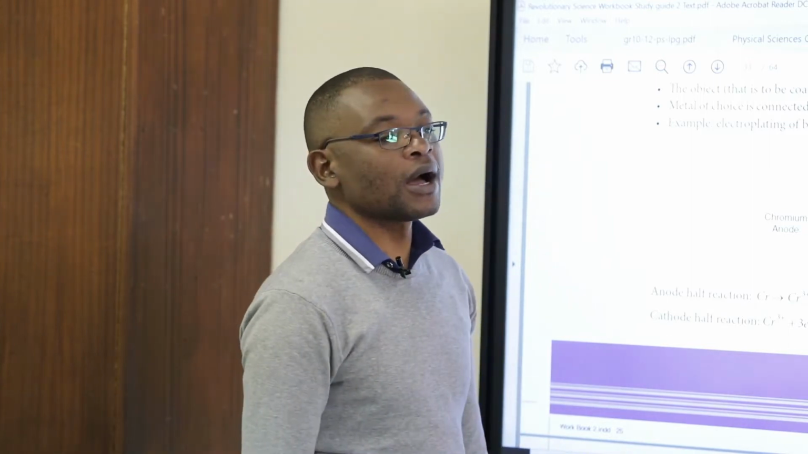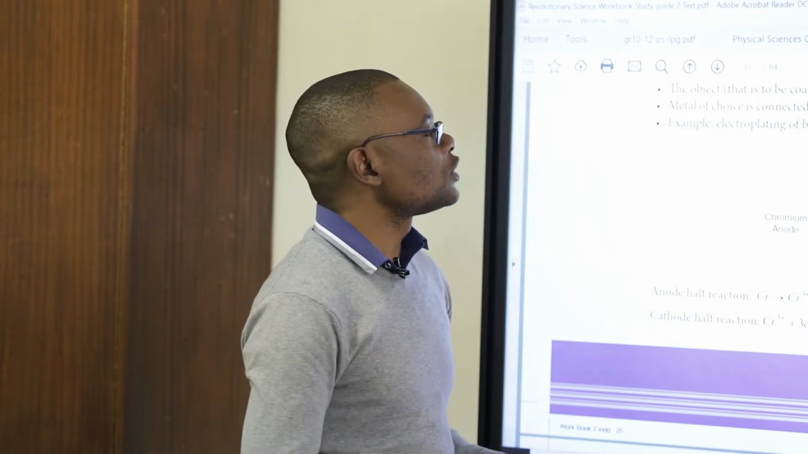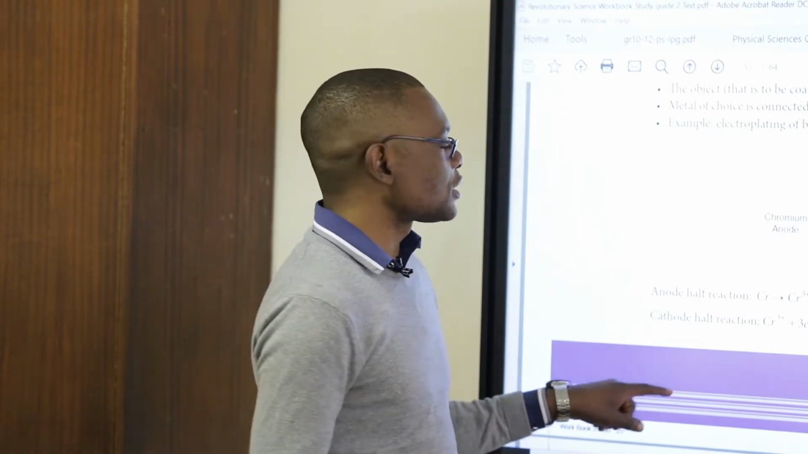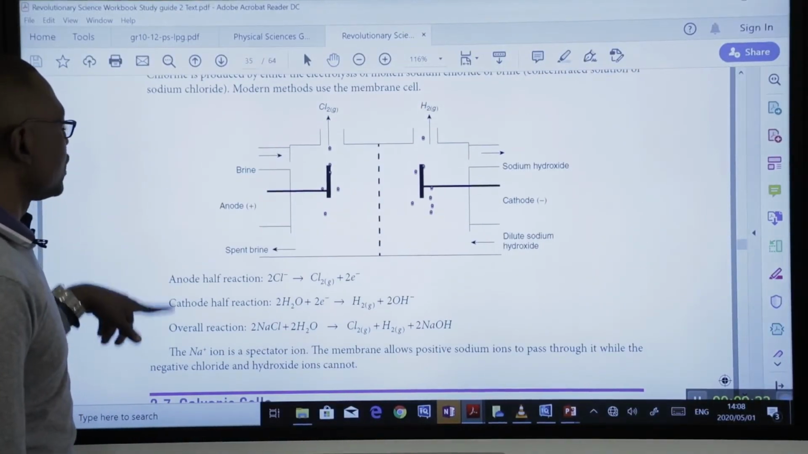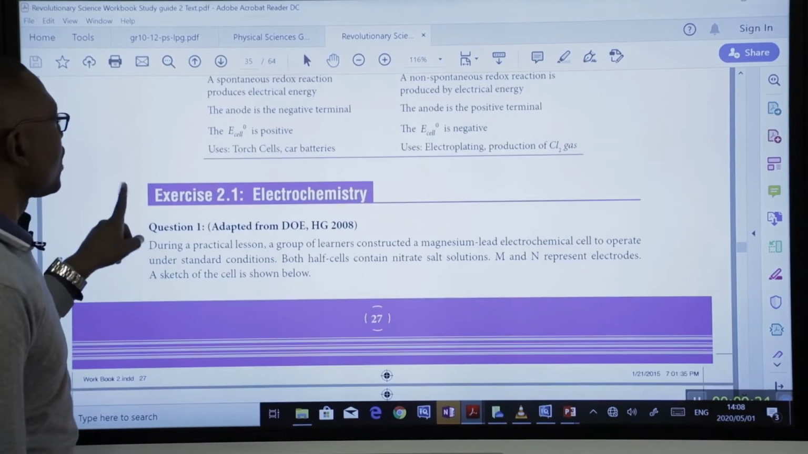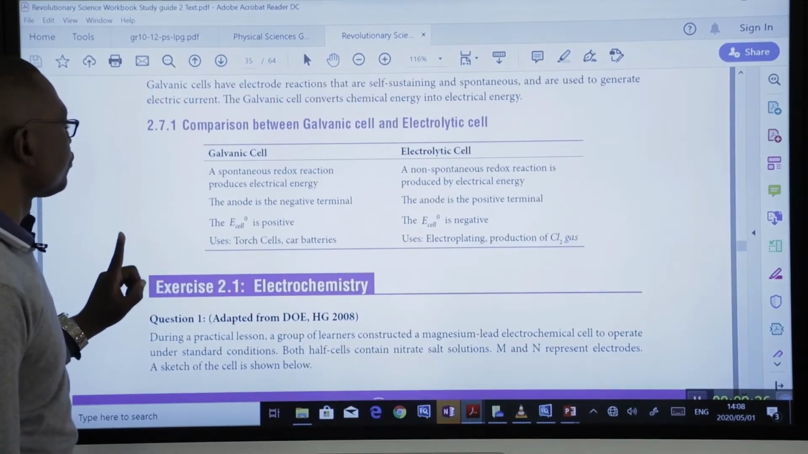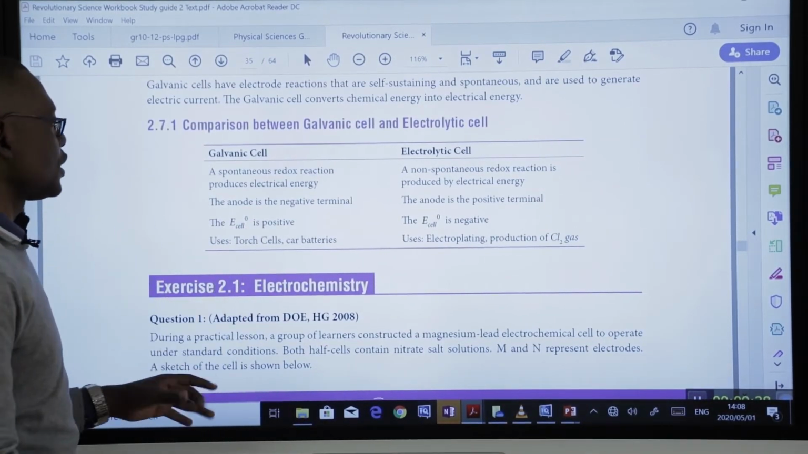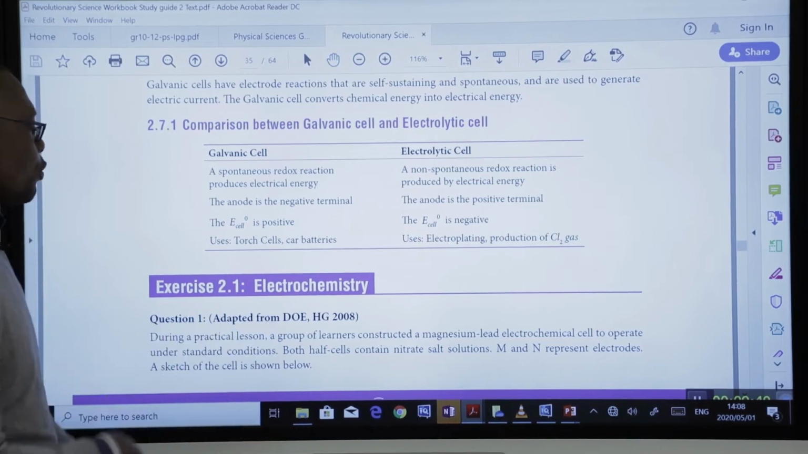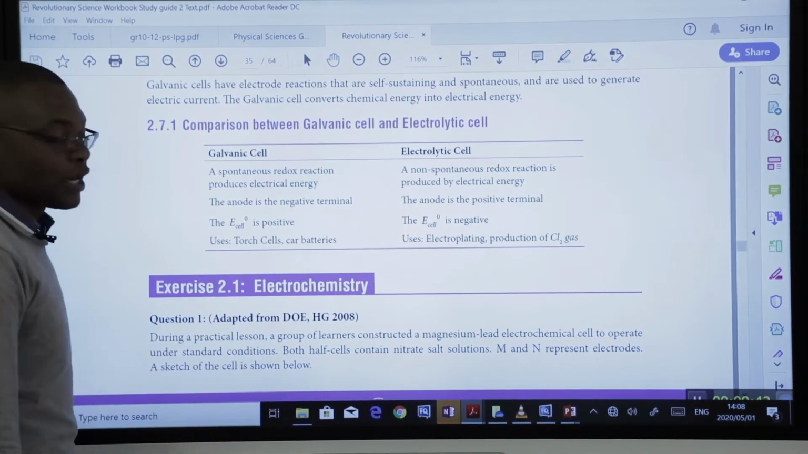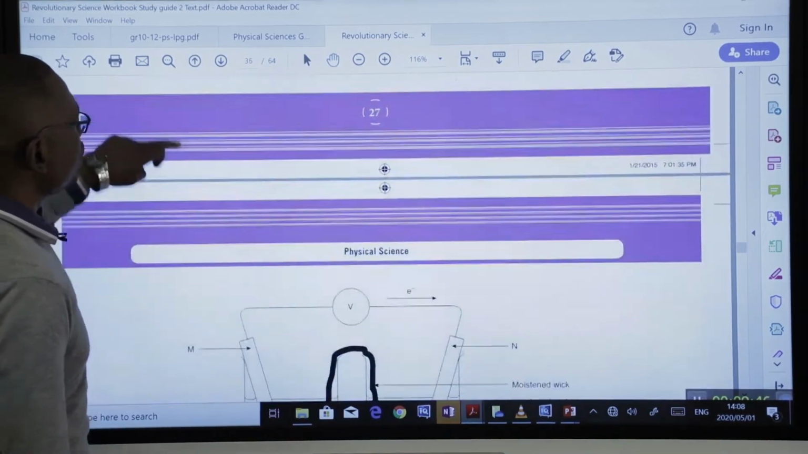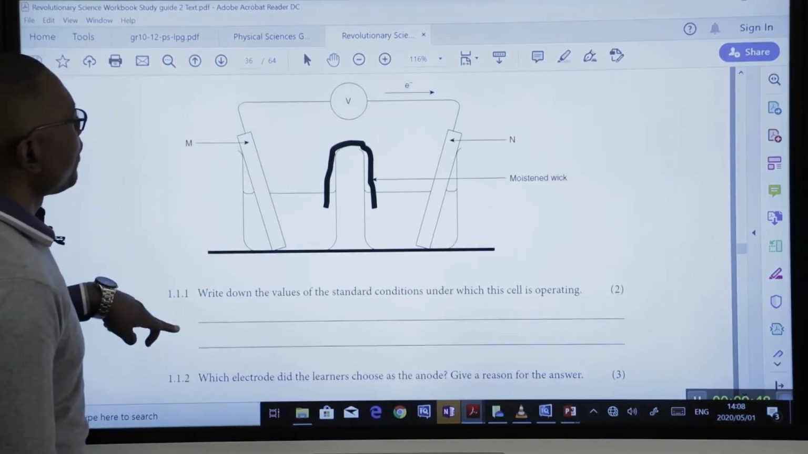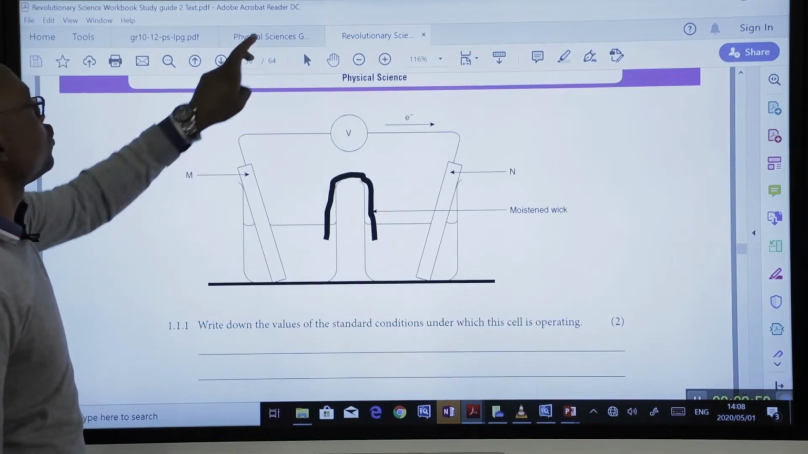And also remember what I emphasized on the anode and the cathode, that in the galvanic cell, the cathode is negatively charged, while the anode is positively charged, and vice versa. The opposite applies in an electrochemical cell. Okay, so we will come back to these questions here, but what I want us to do first today is